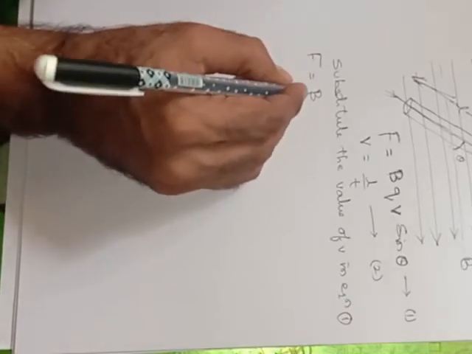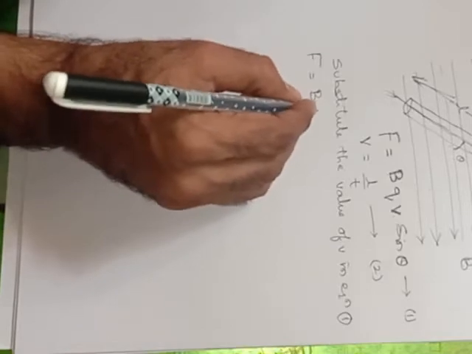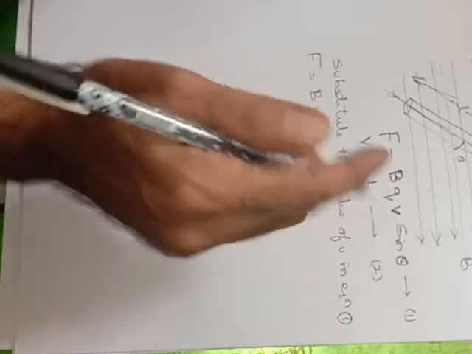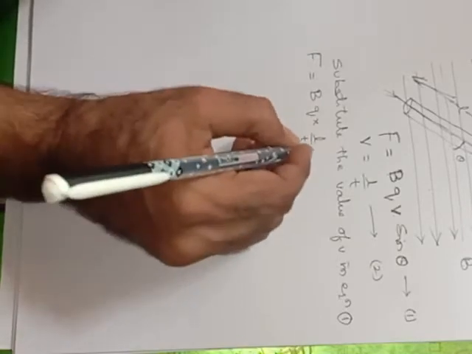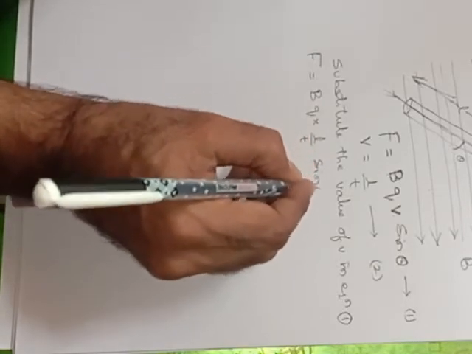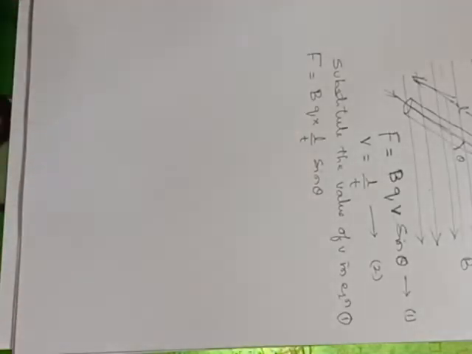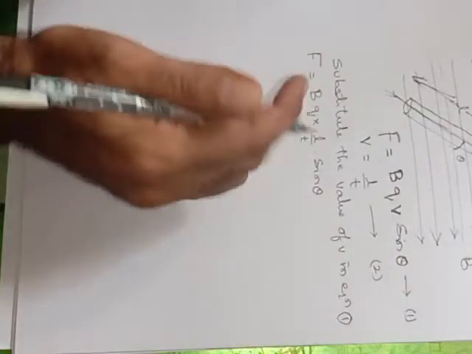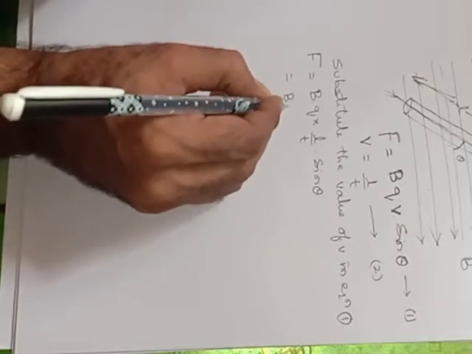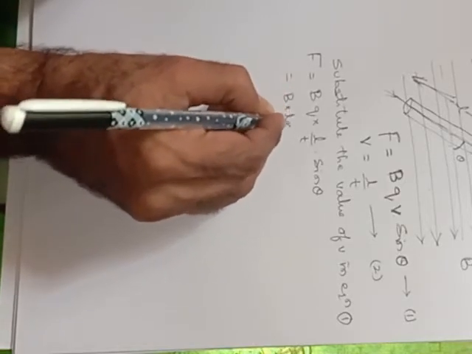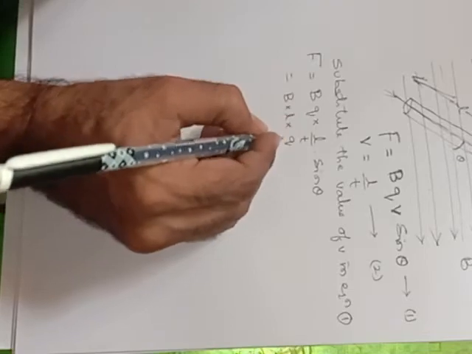F is equal to B Q. In place of V, what I will write? L by T into sin theta. Now B L, this can be written as,